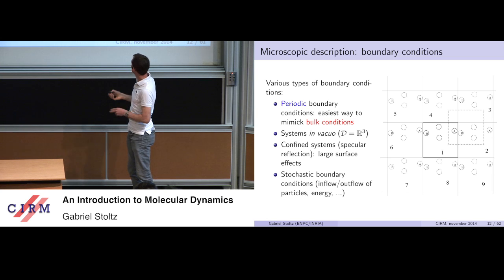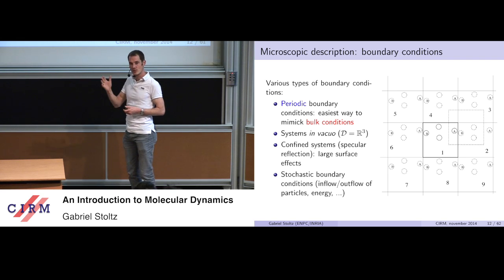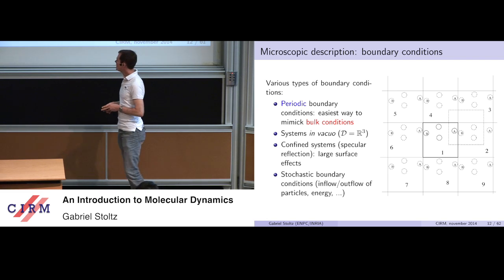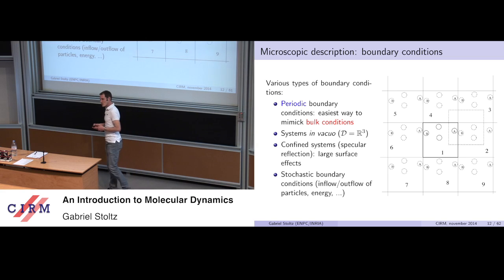So if I take some simulation cell and I put, say, hard walls or whatever, since my simulation cell will not be so large, because I have 10 to the 6 particles, so it's some simulation cell of length about a few nanometers, maybe a fraction of a micrometer. Still, it's something which is very small, and so surface effects will dominate. So the aim in molecular simulation is to simulate something which is in bulk state, and one way to avoid surface effects is to use periodic boundary conditions.